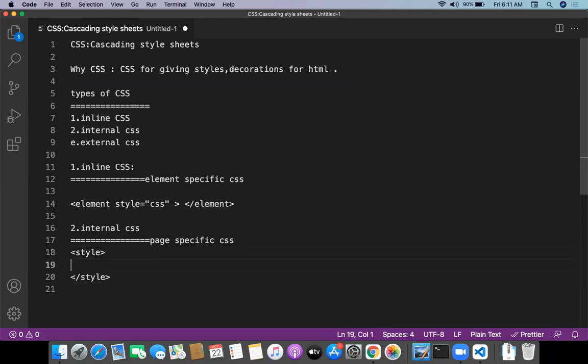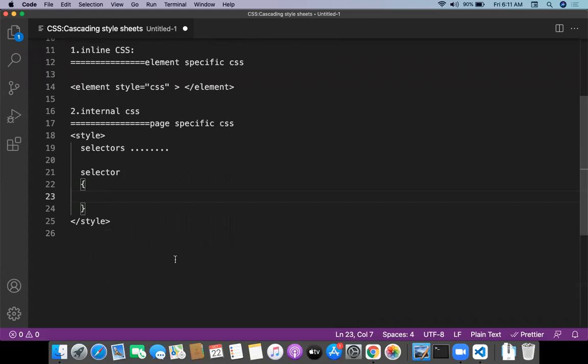Inside this style, we write multiple selectors. So what is a selector? A selector has open curly braces and closing curly braces, and inside the selector we provide all the CSS attributes. So this is the internal CSS.